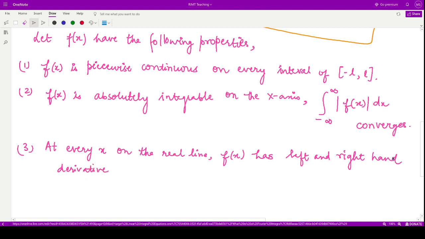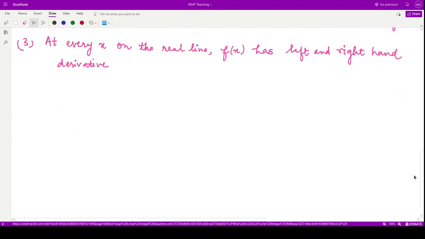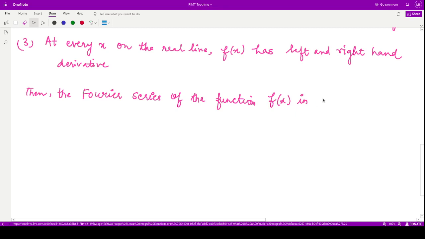If that is so, we can define the Fourier series of the function. Then the Fourier series of the function f of x in the interval minus L to L is